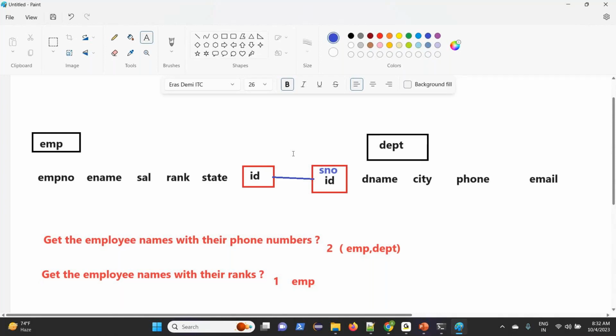Some people say in the employee table ID is there, and in the department table serial number is there. Yes, it's available, because the same type of data will join. Are you clear now? Some people get quite confused that there is no common column and get a headache. So it doesn't matter what you understand about joins here. If the same type of data is there, then it's eligible.